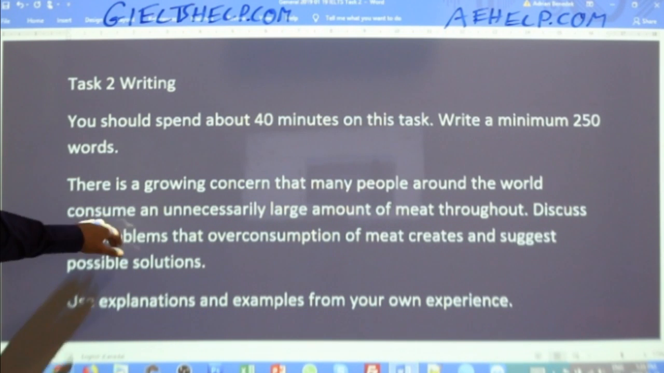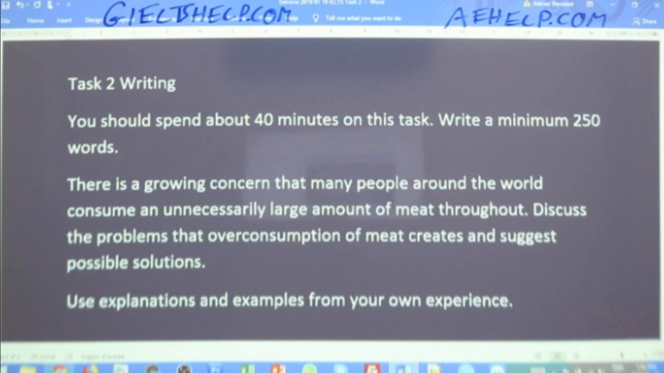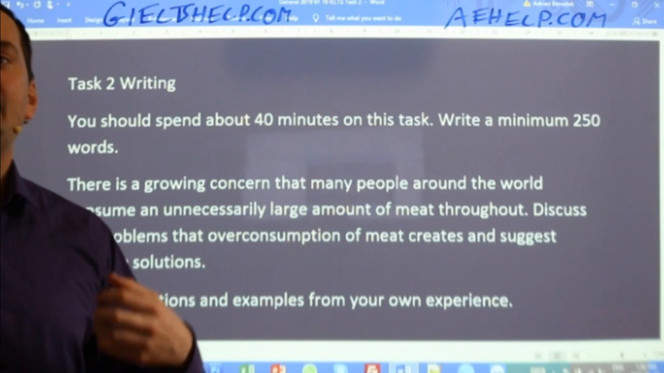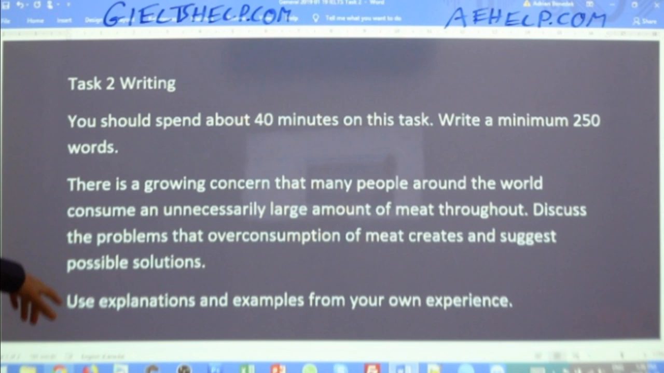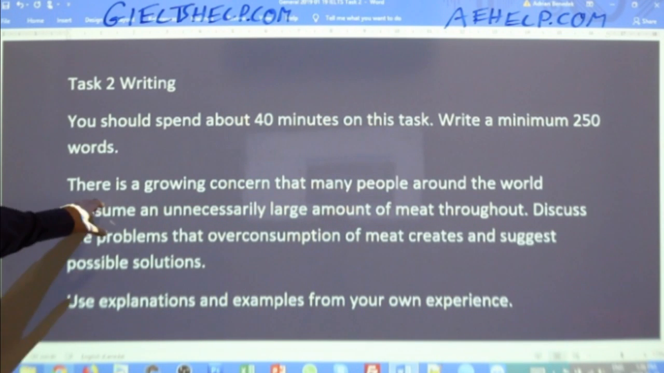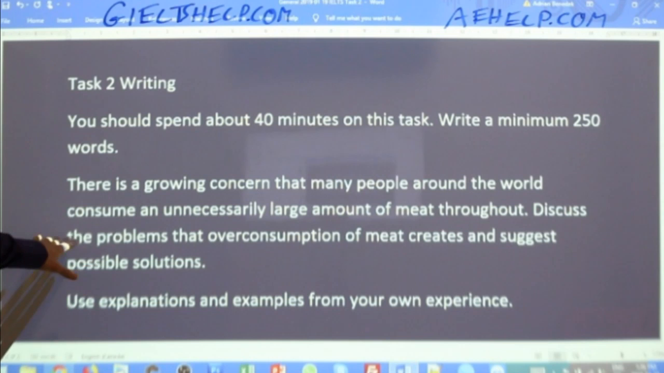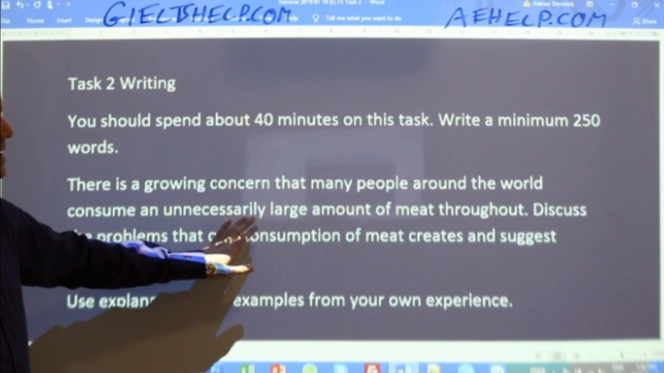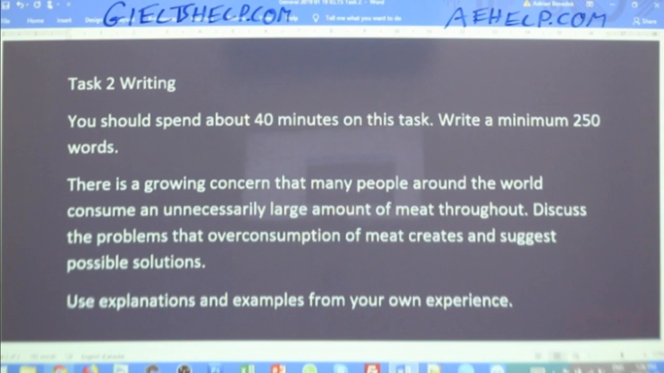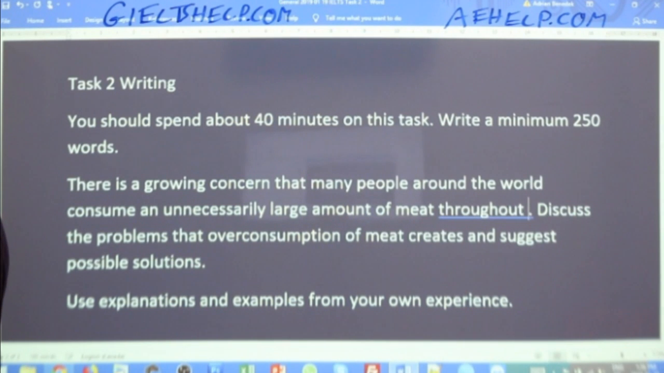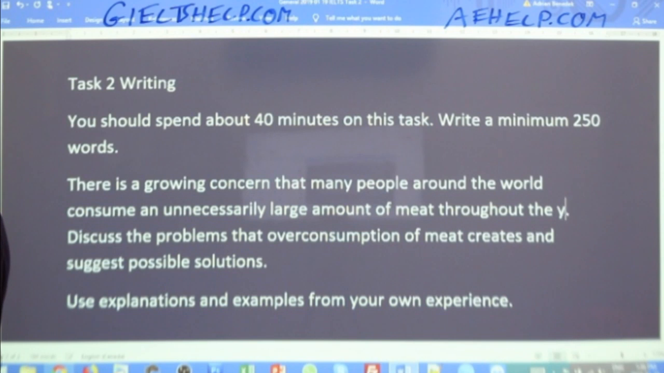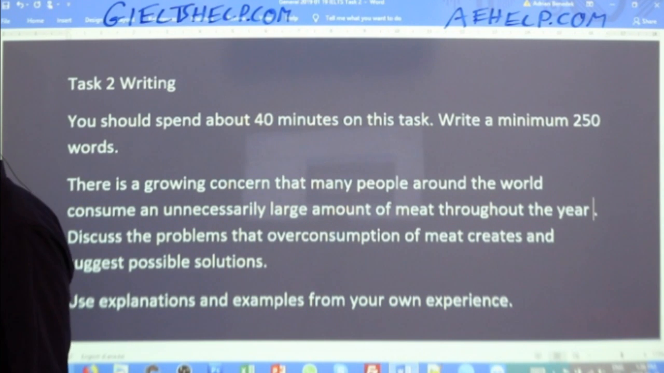So here's the question for Task 2 for today. Again, it's a problems and solutions. So you have to discuss the problems and you have to discuss the solutions, okay? So here we go. There is a growing concern that many people around the world consume an unnecessarily large amount of meat throughout the year. Discuss the problems that overconsumption of meat creates and suggest possible